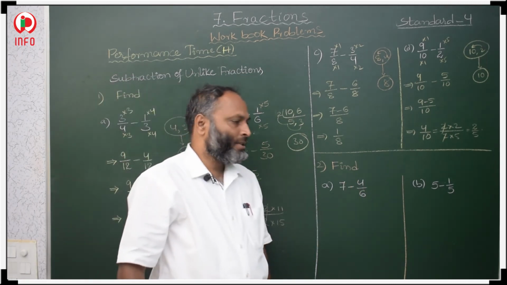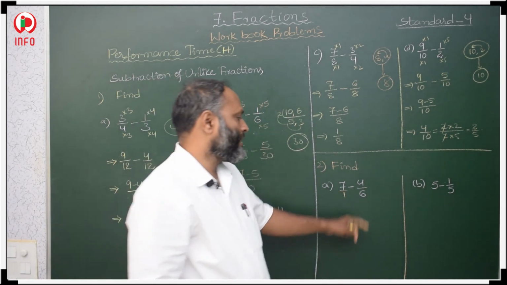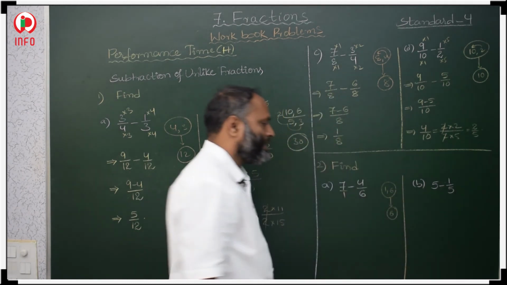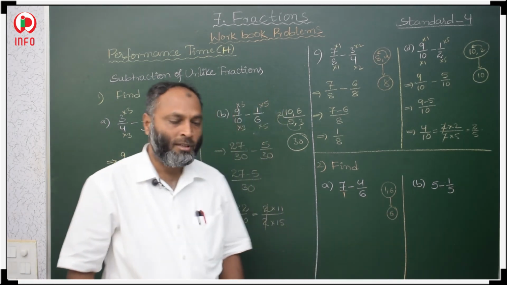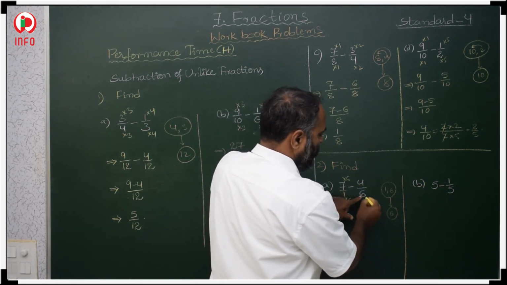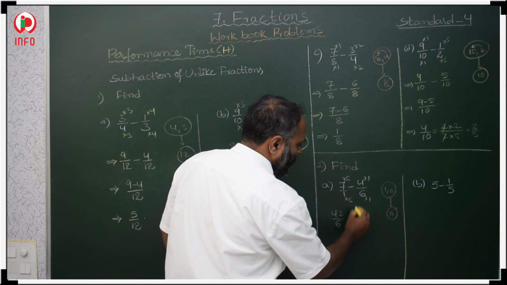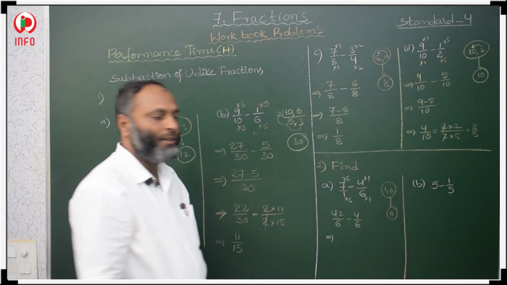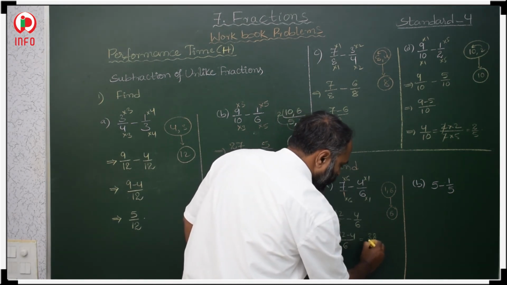7 minus 4 by 6. So, here we have to take by 1. 1 and 6, LCM we have to take. So, 1 and 6 LCM is 6. When 1 and any number is there, the LCM is that number, that is 6. In the 1 table, when you will get 6, 6 1s are 6. In the 6 table, when you will get 6, 1s are 6. 7 6s are 42 by 1 6s are 6. 4 1s are 4 by 6 1s are 6. That is now like fractions, difference of numerators. 42 minus 4 by 6, that is 38 by 6.